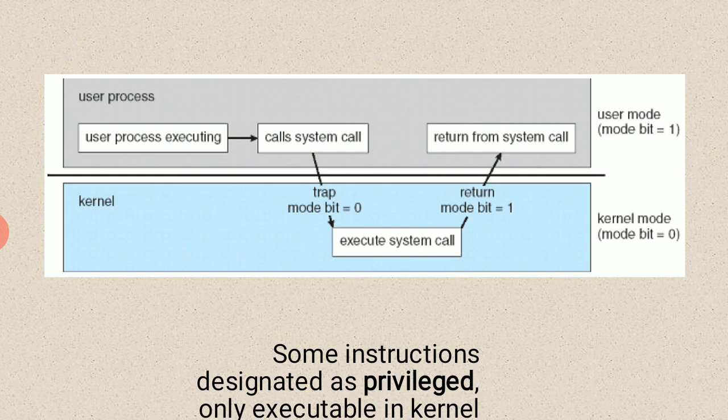The kernel is like a bridge between the user and the operating system. So here we have mode bit 0 and mode bit 1, and system calls are executed too. System calls mean read and write. After the return from the system call, the user process continues. So they can be executed one by one. That is the advantage of system calls: first job, second job, third job, executed one by one.